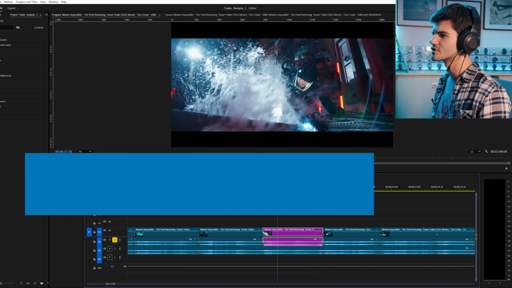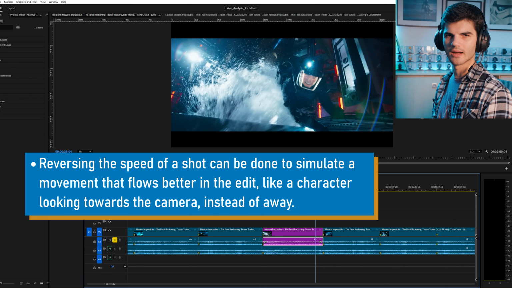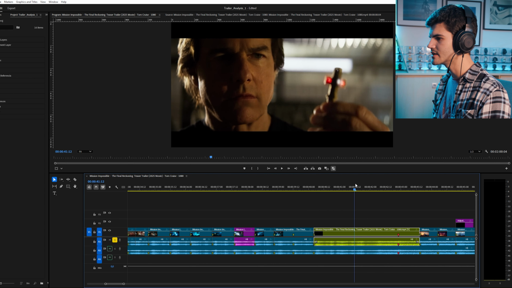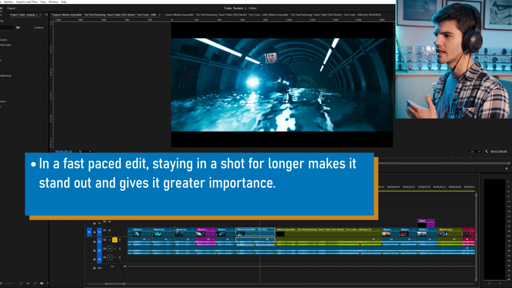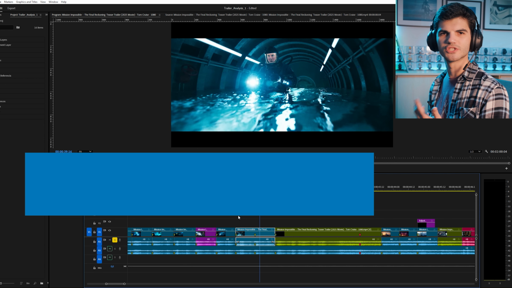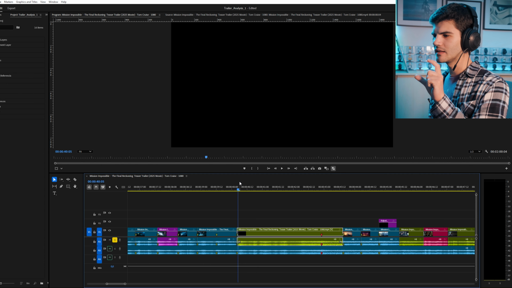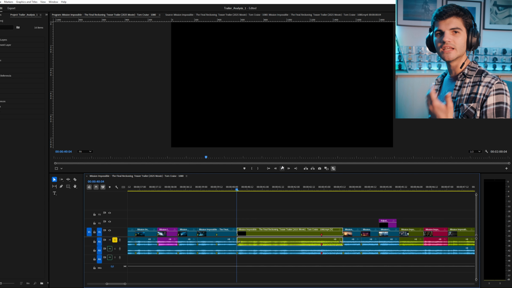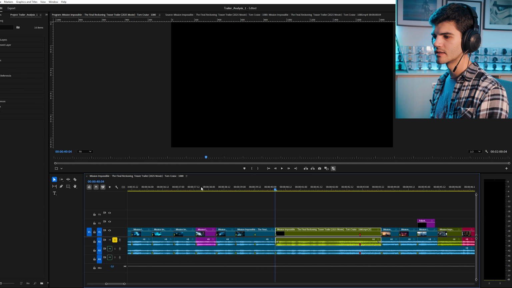This was probably done just so we can have Ethan make the movement from looking at the water to facing the camera. We stay in this shot for longer, and we are looking at Ethan holding on to the key. And there's this little play on the classic speech from Mission Impossible: your mission should you choose to accept it. Should he choose to accept? And the editor managed to tell a little story here. The character that is speaking is mentioning that it is Ethan's choice to accept or not accept the mission that we have established is impossible.